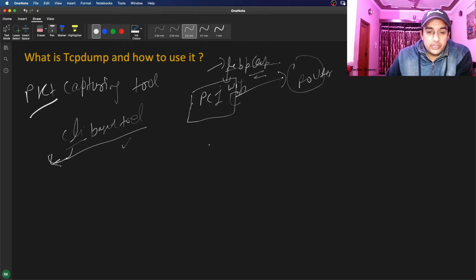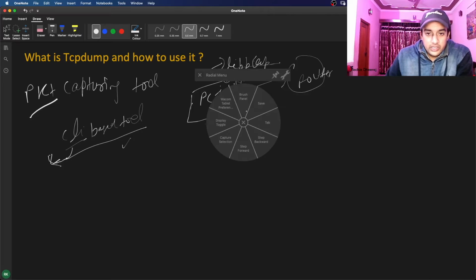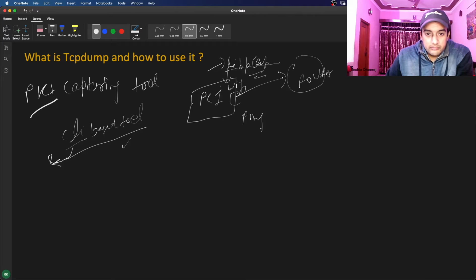For example, if you're sending some packet from here, let's just assume ping. We are trying to ping this router, and when we send the ping and it reaches the kernel layer, before it goes onto the wire, there is one buffer where packets are stored, the packet buffer. It is a buffer because packets could be coming in at high speed, and our PC has to send the particular bytes over the wire.